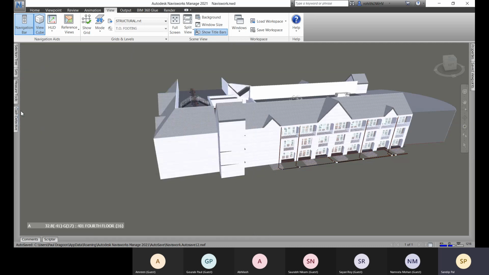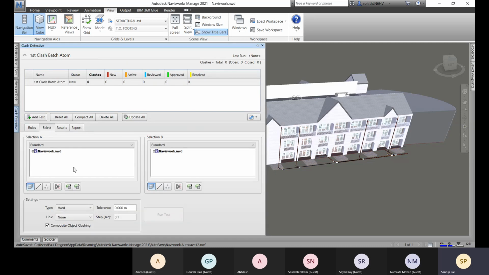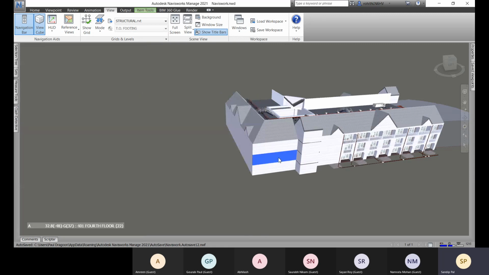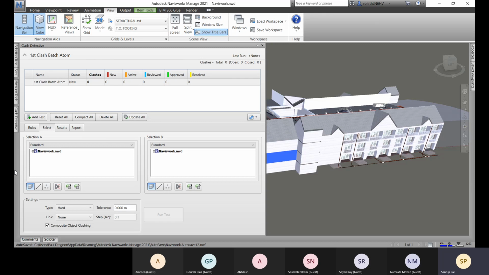Now come to this class detective again, and here you see select in scene. If you go for that, all the objects are selected, so these items you can select in scene. You can come back to this scene, select, and then run your classes. Okay, so like this. Next, let's select from this selection tree.